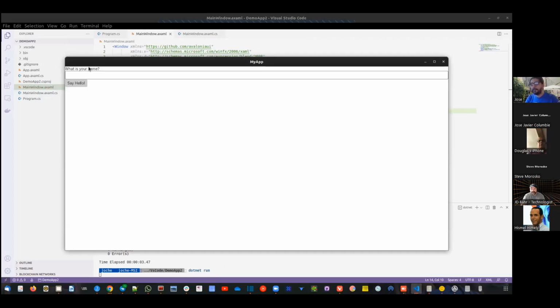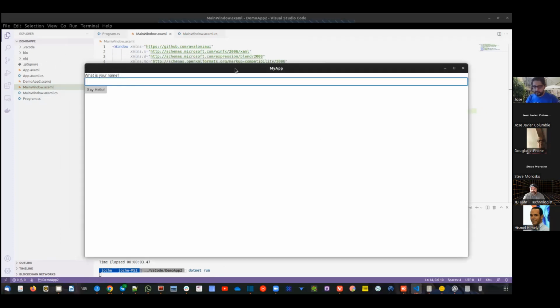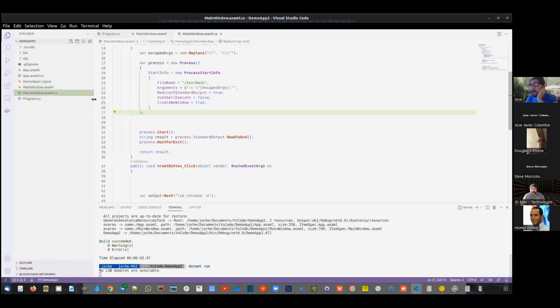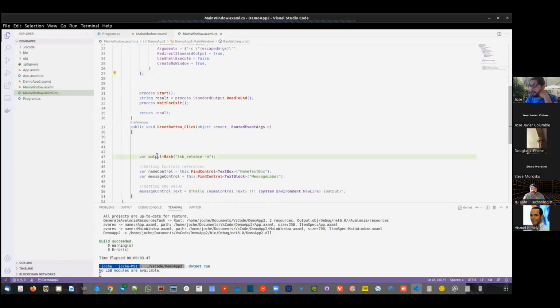Okay, we have almost the same app that Javier did. So in this case, it's Jorge. And the main difference is that here I'm running a bash command. Let me show you here. So here we have the output, which is